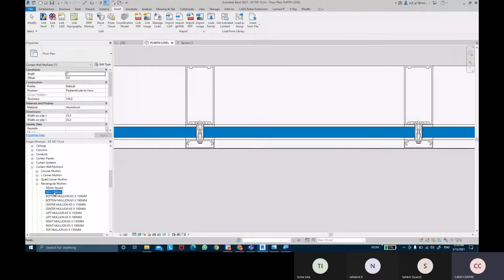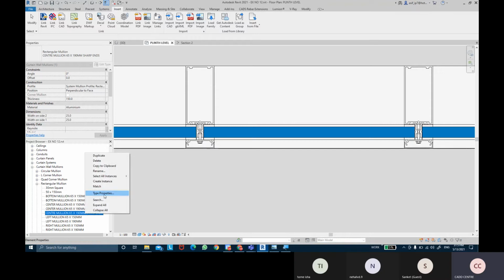And once again, I'm gonna select any one of these profile shapes, right click and duplicate it and call these center mullion 65 by 190 sharp shape, sharp ends maybe,